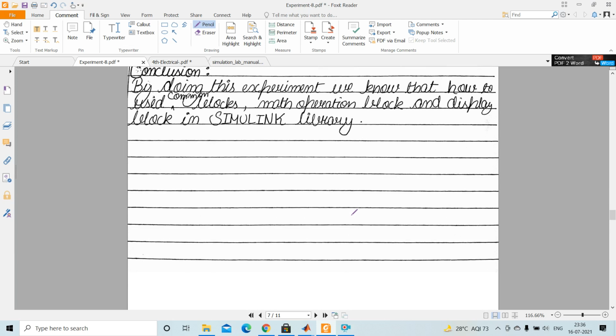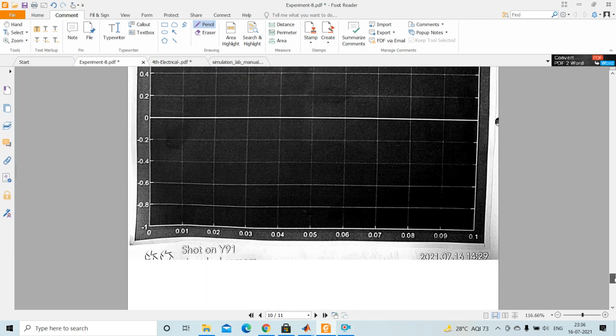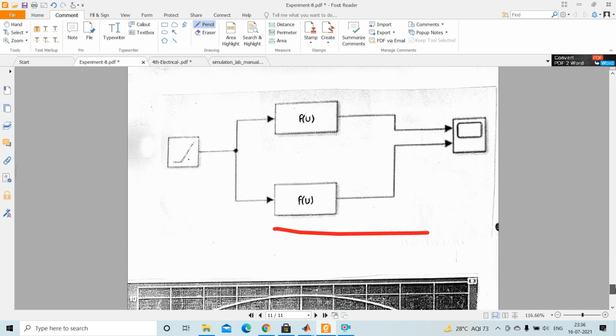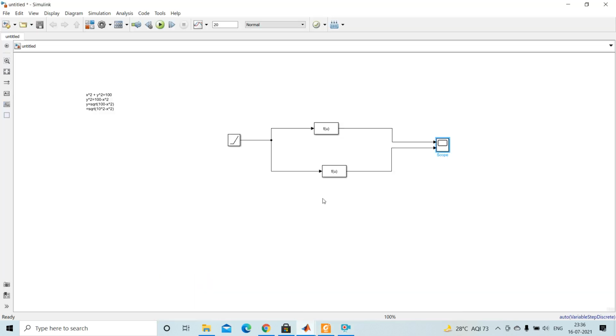So this is all about the simulation of a circle.